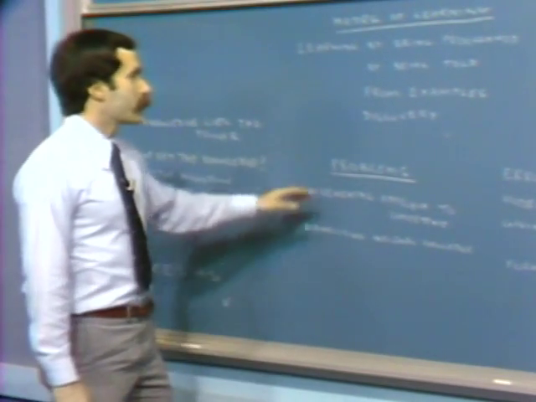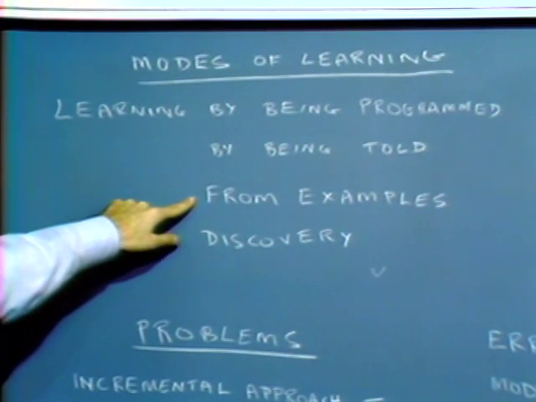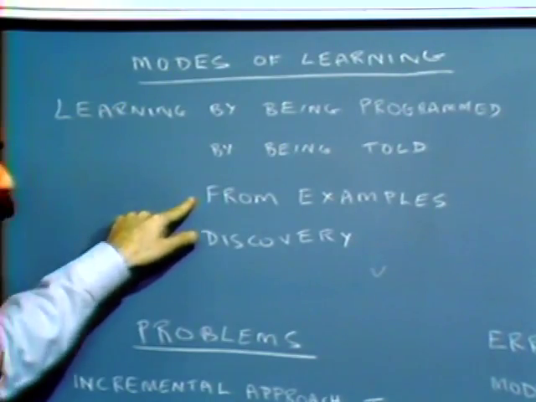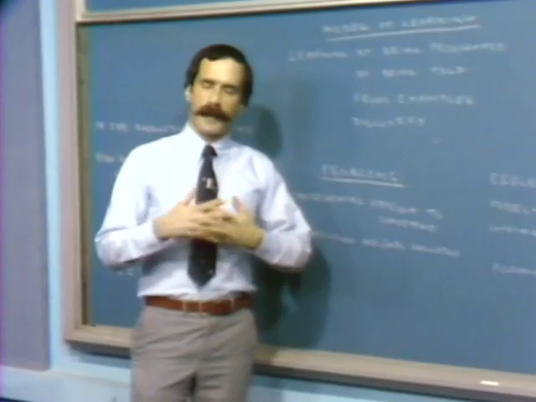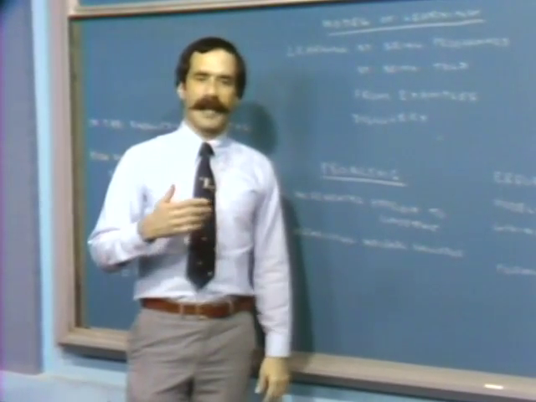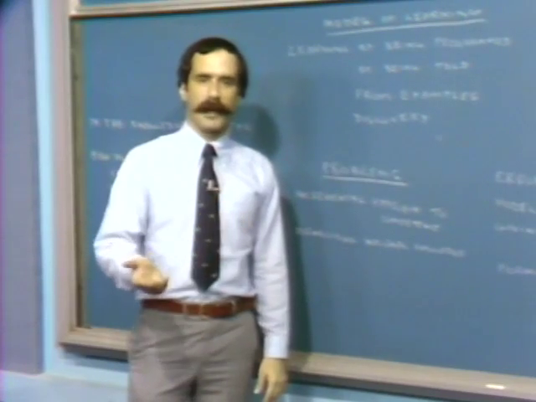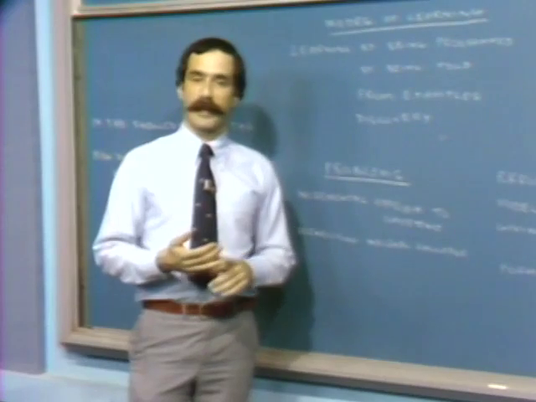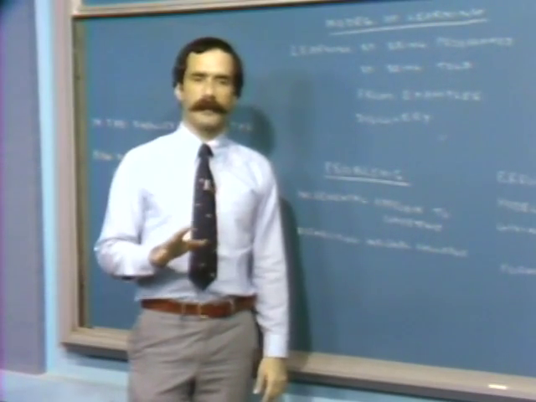Yet another model of learning says that I might learn from examples. That is, if I can pick out an appropriate set of examples and hand them to a student, well, then he might be able to learn in that mode. So in this fashion, I might say, here's 5 examples of interesting expert systems. Here are descriptions of them. Go off and read about them, and on your own, figure out what it is that's interesting about them, what they have in common, what the important themes are there. And notice how the student is doing most of the work here.